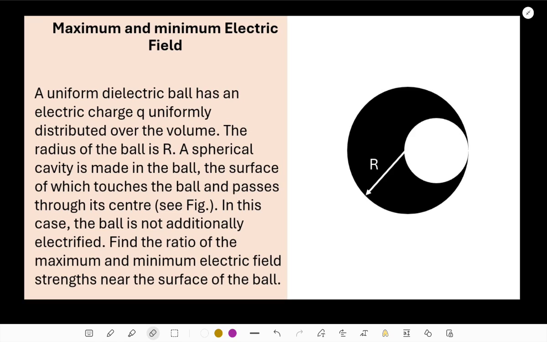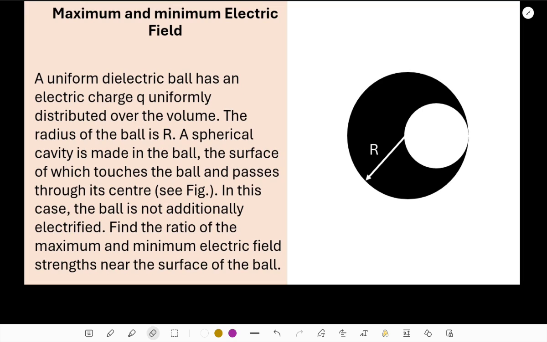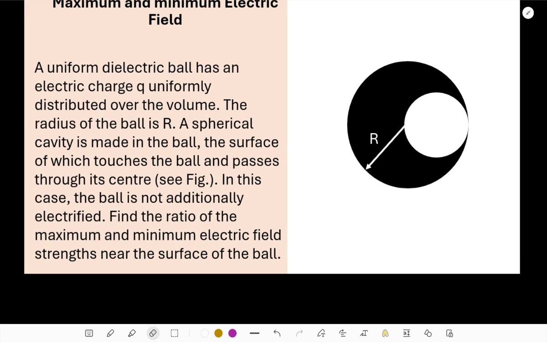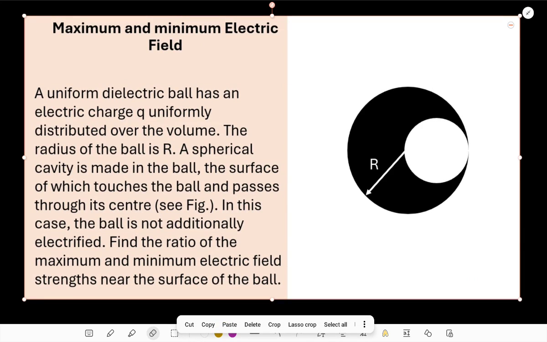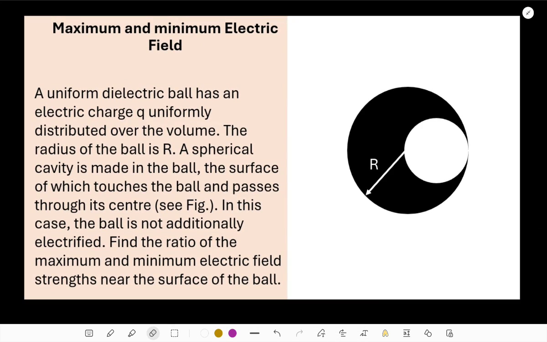dielectric ball, that means non-conducting ball, that means solid sphere, has an electric charge Q uniformly distributed over the volume. The radius of the ball is R. A spherical cavity is made in the ball. Oh, Q is the total charge on the ball. And now a spherical cavity is made in the ball, and the surface of which touches the ball and passes through the center. Okay, so